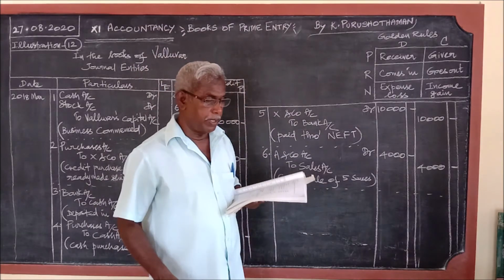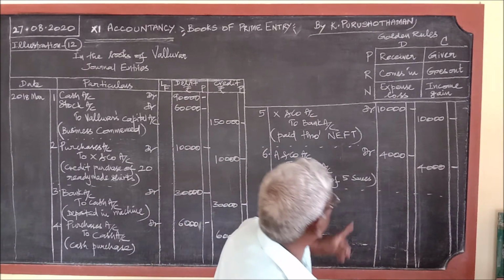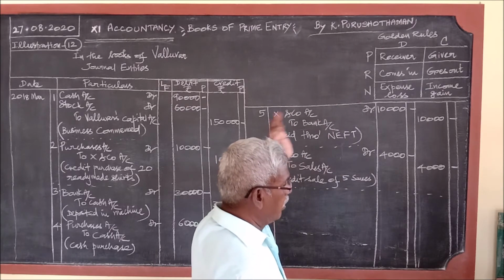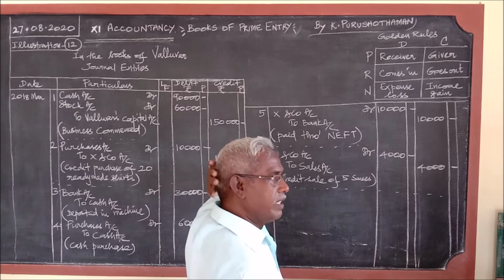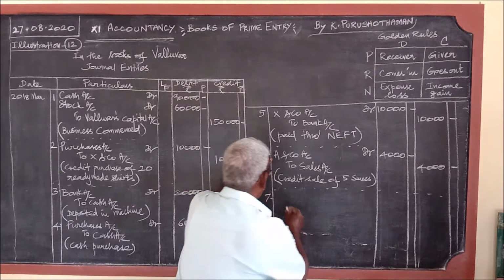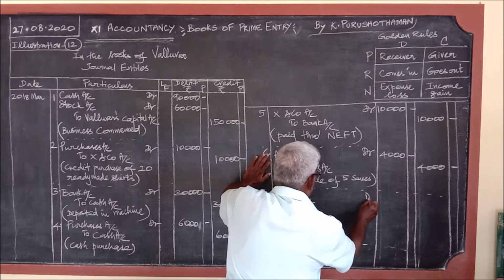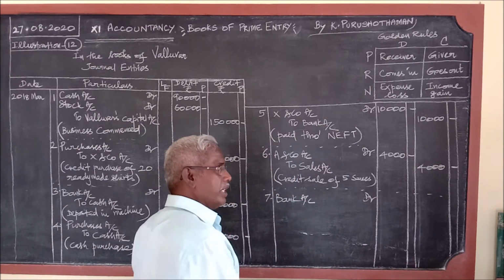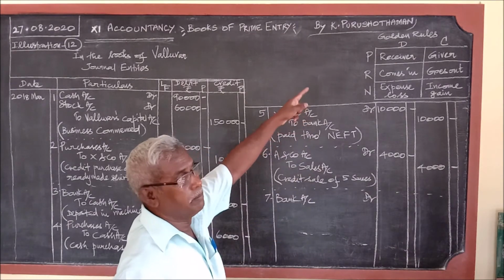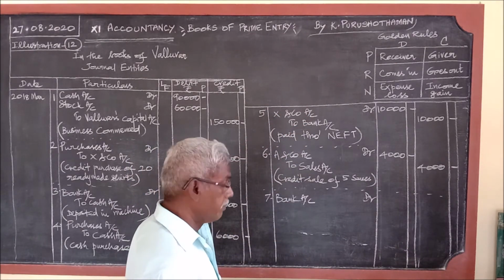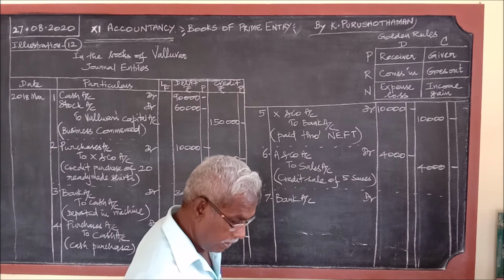When the amount is deposited into the cash deposit machine, what should be the debit entry? Who is the receiver? Bank is the receiver. Therefore, bank account debit. Through any mode, if amount is received, bank is the receiver. So, bank account debit to, on the seventh one.